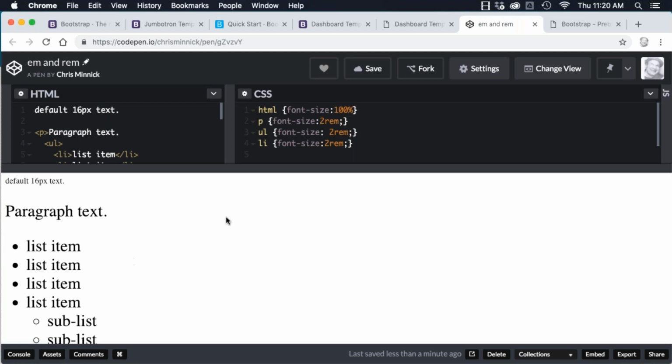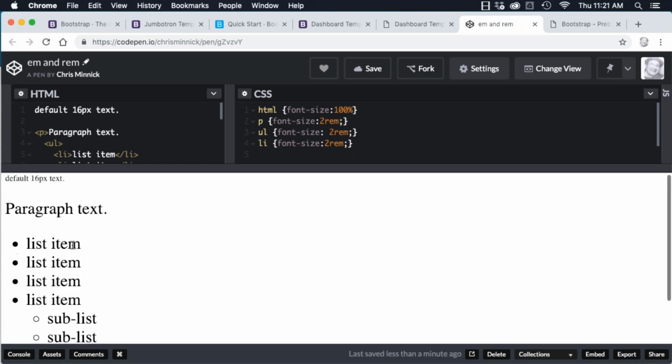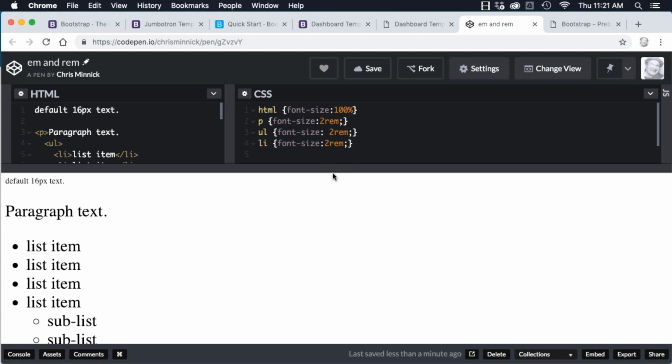And the reason is because rem is root em. So this is a relative unit. We're saying that it's twice the size of the root element. So the root element in HTML is the HTML element. So right here, paragraph, UL, and LI are all twice the size of the root. So paragraph, list item, sublist, all the same. Em units, on the other hand, which are used by Bootstrap 3 and previous, are relative to their parent. So if we change these to em units,